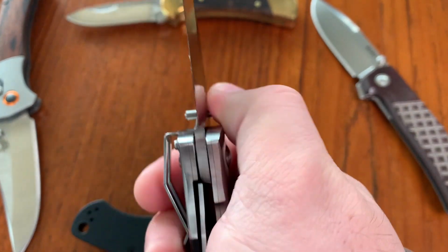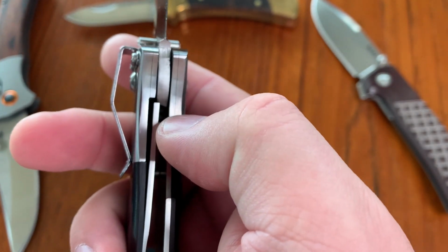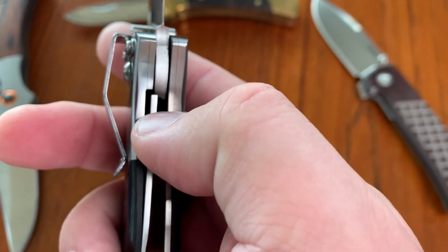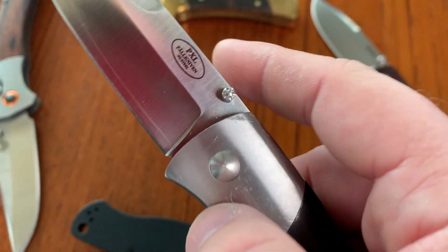But, you know, I'm used to seeing knives that don't lock up quite that early, but it will cut into the tang probably over time, and after enough use, it'll be locking up a little bit later. But the